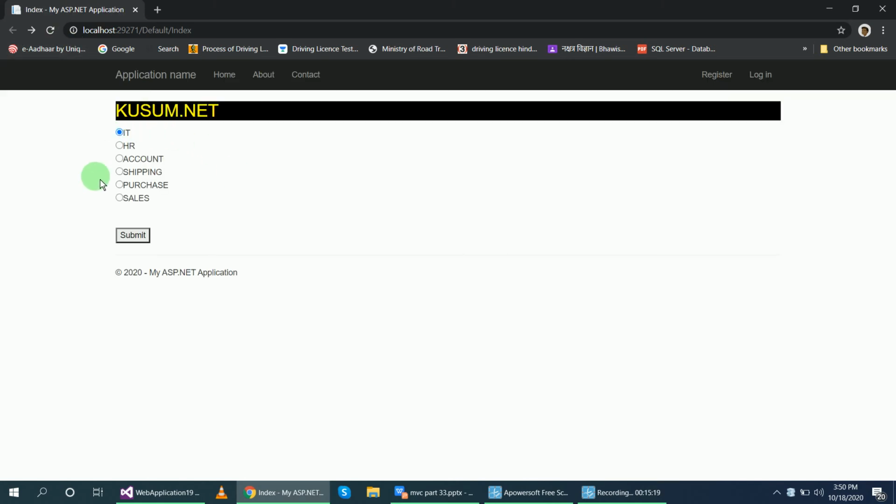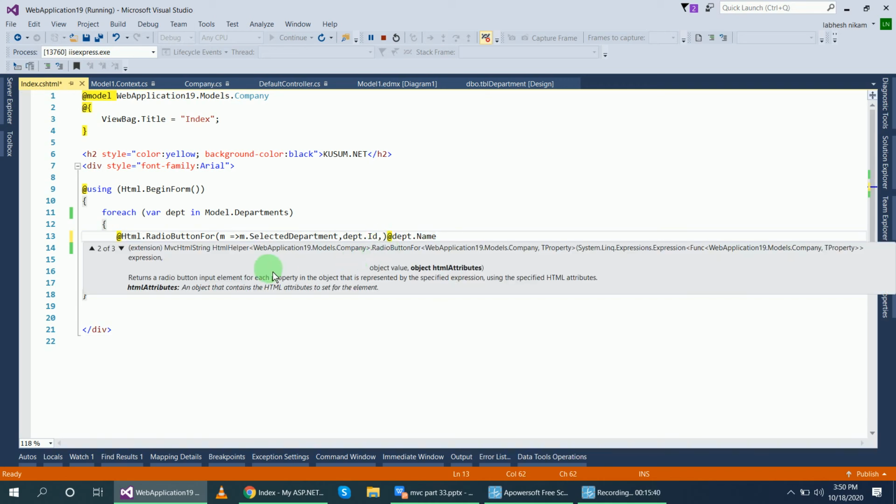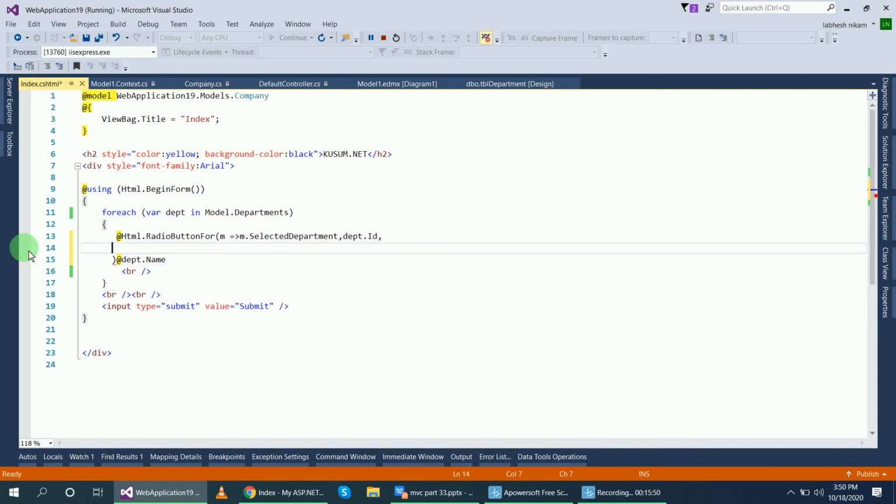Okay, now every time this selection is not auto generated. So if we want to check this auto selection, then what we will do for that, I will add inside of this view page the third property. Okay, this overloaded version of this object HTML attributes. For that I will add this third property, department.